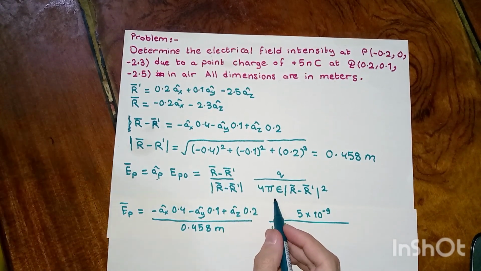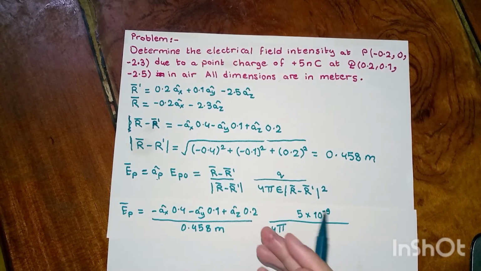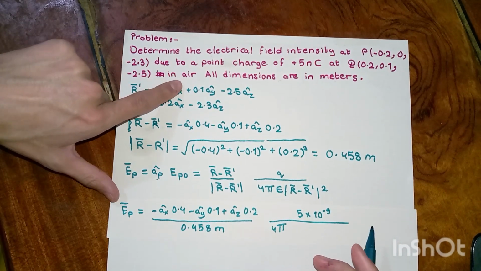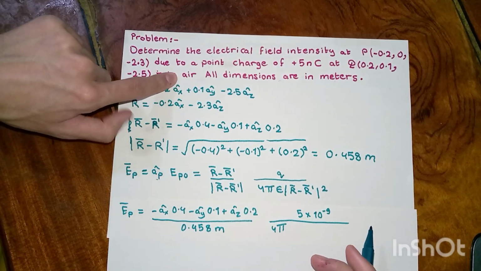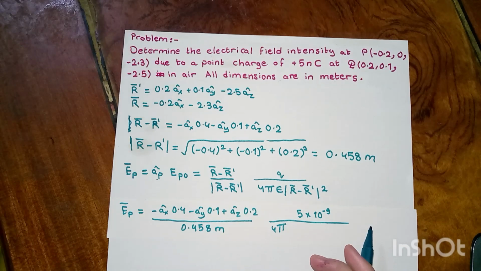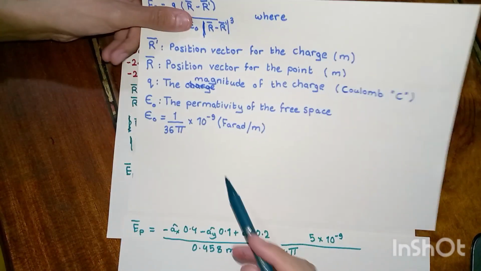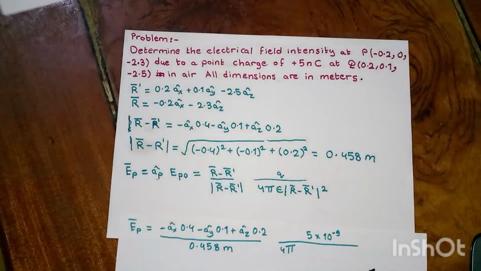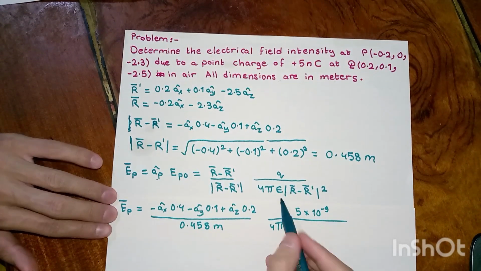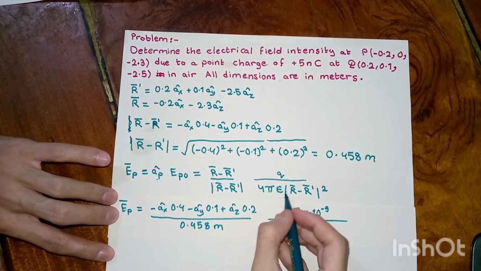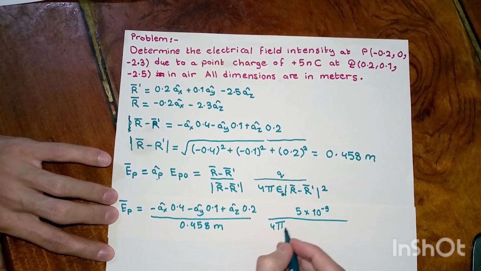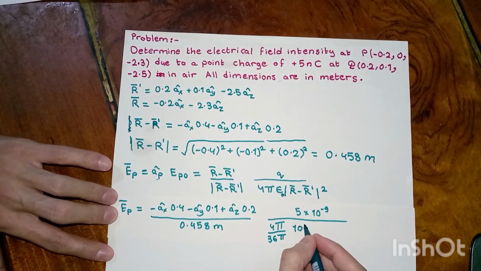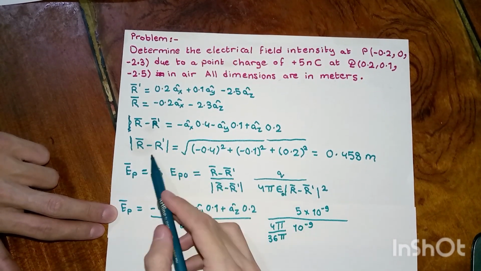Epsilon is the permittivity of the space where the electrical field is, and the space is the air, and the permittivity of the air is the same as the permittivity of free space, which is epsilon sub 0, equal to 1 over 36 pi times 10 to the power of minus 9 farad per meter. And the square of the modulus